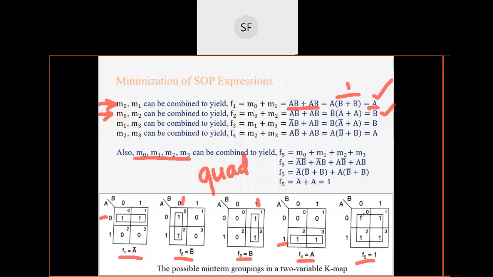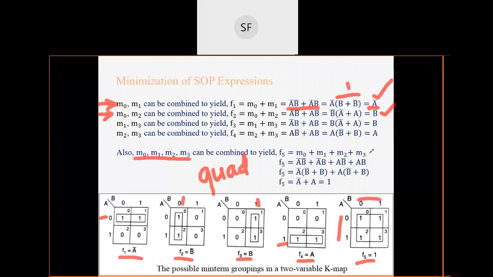Now when you combine all of them, what is your observation? When you make this type of box here, you can observe that along this box the value of b is varying and the value of a is also varying, है ना। ए की वैल्यू भी 0 1 यहाँ पे इस बॉक्स में आ रही है और बी की वैल्यू भी 0 और 1 यहाँ पे आ रही है। So hence if both are varying, then both variables will be eliminated.